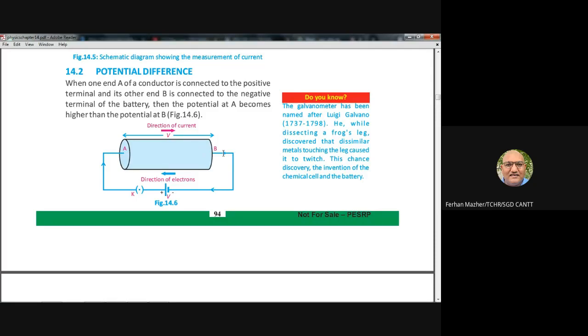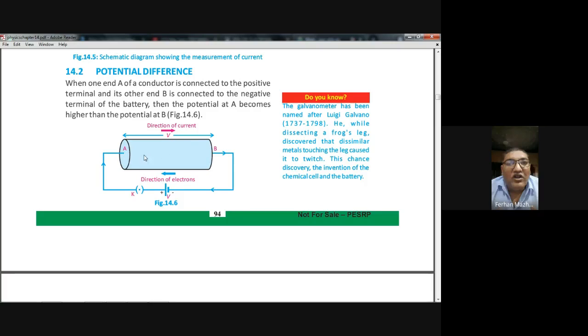So simply find out the difference of energy when they entered and when they left. For example, just for explanation, suppose when they entered, they have 10 joule energy, and when they came out, their energy is 0. So when the charges entered, they have 10 joule energy, and when they left, the energy is 0. So it means they have lost 10 joule energy.